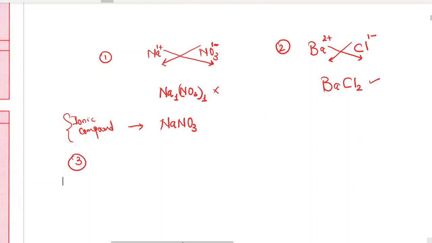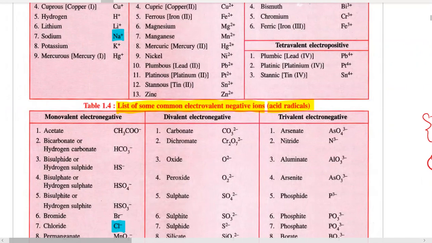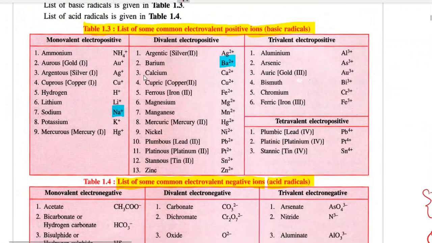This is also an ionic compound. All the compounds formed between metals and non-metals are ionic compounds, and you will see that in the table of all electropositive ions, there are mostly all metals. There is only one non-metal, which I'm going to take next as an example, and that is ammonium. Ammonium is a non-metallic positive radical, the only non-metallic positive radical. Ammonium, NH4 plus, its valency is 1 plus.